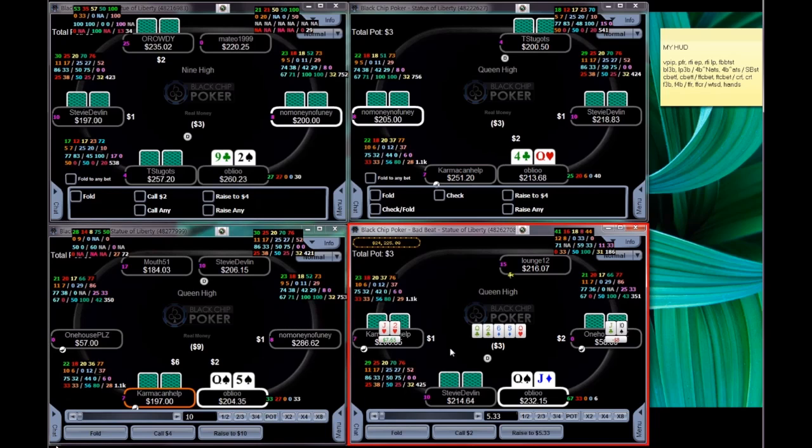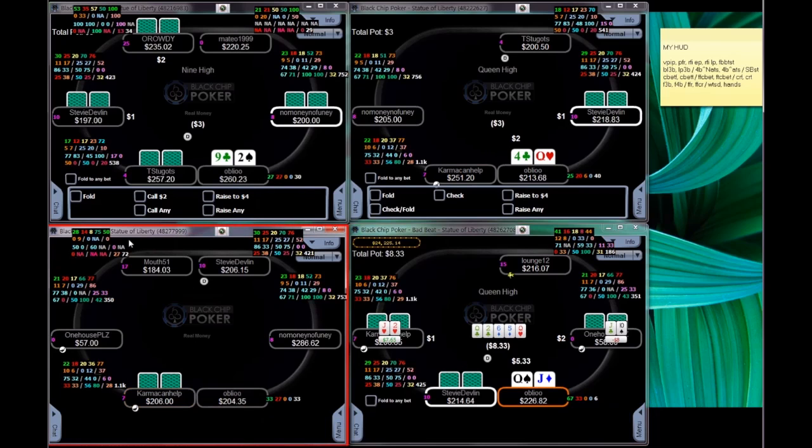Okay, here on table 4, I decided to open queen-jack off from the cutoff. This is usually going to be a decent option, but I just want to emphasize that I had a plan for if I got 3-bet, which is super important, especially when you're pretty likely to get 3-bet in this spot. All these players seem to be 3-betting pretty lightly, and